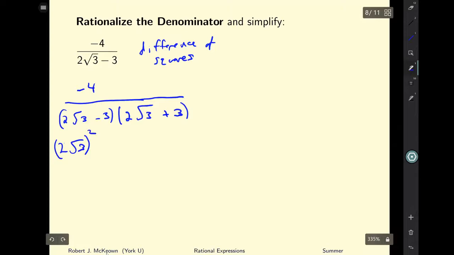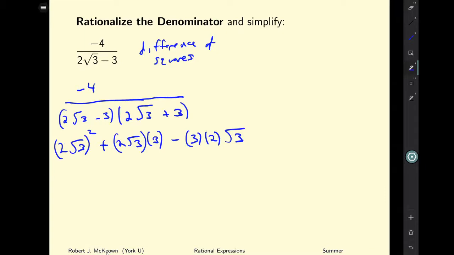Well, I'll just write it like that with a square. There's 2 of them. And we'll do plus 2 square root of 3 times 3. I'll just leave it like that. Then we've got negative 3 times 2 times the square root of 3. And finally, we've got minus 3 squared. 3 times 3. Notice that the plus and the negative are going to sum to 0. So we're going to be left with